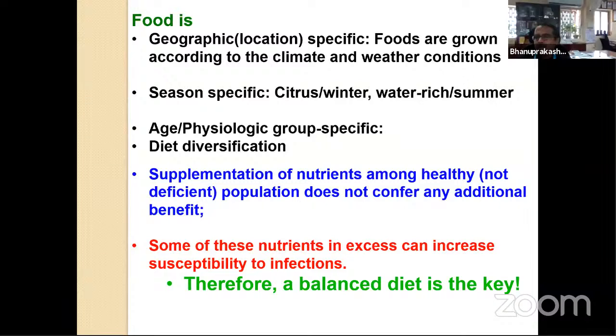Same way in the summer season, you list down at least about 10 or 20, ask your kids to list down. You see most of them are water-rich foods, whether it's watermelon or tarbuja or any other things, because in the summer you tend to get dehydrated. So you need to be hydrated. So I can go on saying like that. So how much are we aware of it?